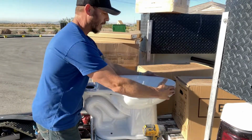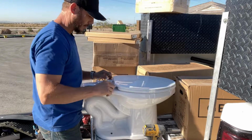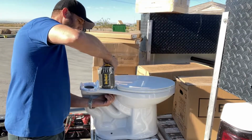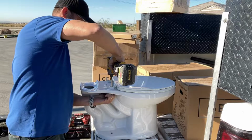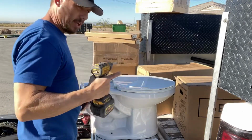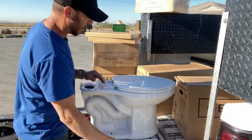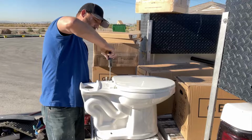So we've got our toilet seat. I usually just take it and I kind of feel the roundness of the whole bowl. Make sure that my seat is sitting where it needs to be. I'll hold my nut with one hand and I'll take my screw gun. Just slowly get it snug and just give it a little extra turn. If you do it too much, it'll break that bolt, so you kind of get a feeling of how it goes. You can also just take your screwdriver, same thing, hold the nut on the bottom,